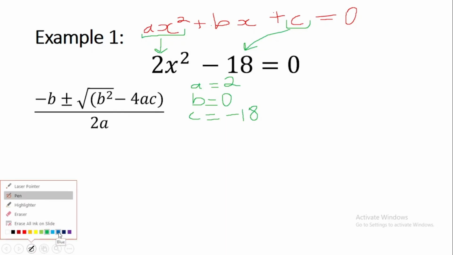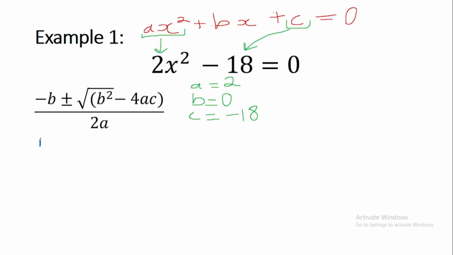So the first thing we're going to do is rewrite our formula and substitute all our a, b, and c using what we have above. So let's rewrite our formula. That's going to be negative, our b is 0, so negative 0 is just going to be 0, plus or minus the square root of b. Again, b is 0, so 0 squared